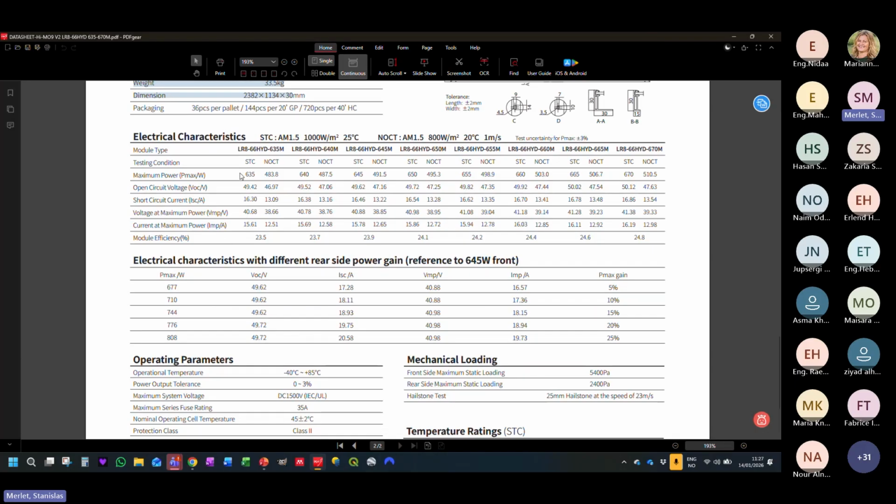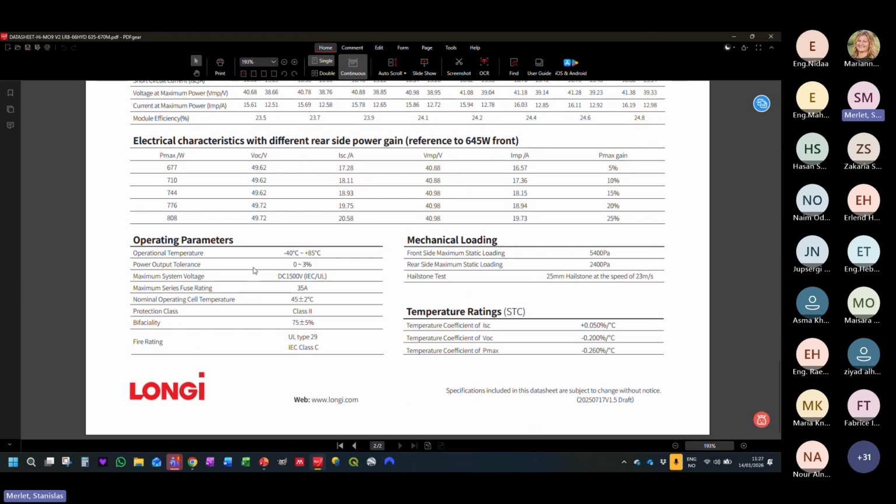You get the electrical data, so the maximum power, the open circuit voltage, so that's the maximum voltage in there, the short circuit current, as again, the maximum current in there, and then at MPP, the maximum power point. You have the maximum power, the voltage at maximum power and the current at maximum power. And also important,